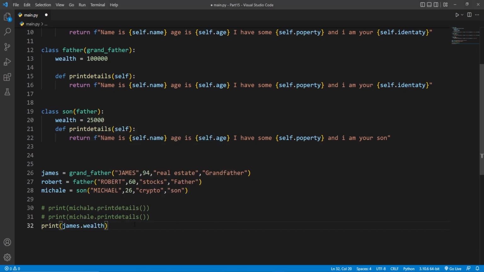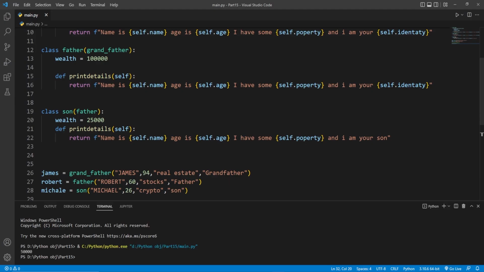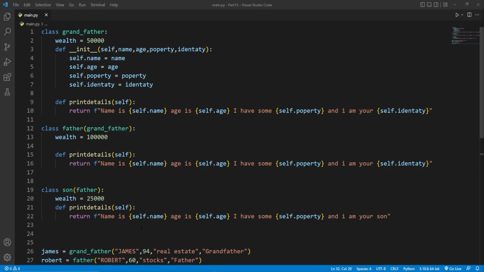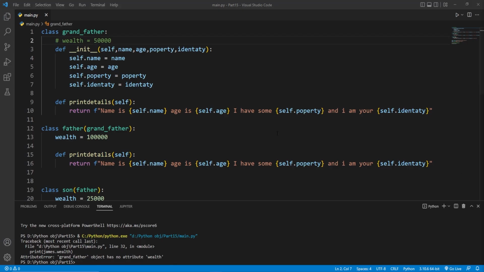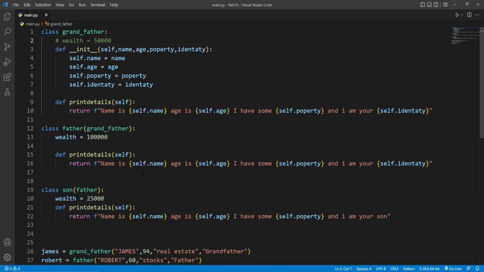If I save this file and run this code in my terminal, as you can see, it's written 50,000. But if I disable the wealth of the grandfather class, so I'm going to comment this out and then save this file and run this code, now you can see it's written error, because the grandfather class cannot access the father and son class property. But if I uncomment it, let me show you,